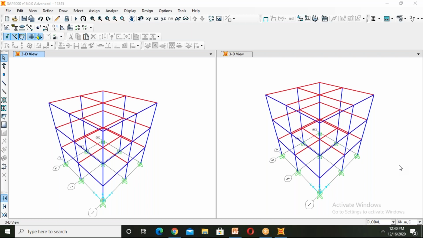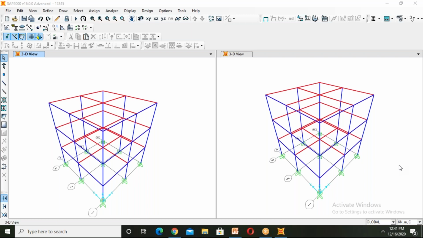Practice for SAP itself means you can just go through all the structural problems in your BTech curriculum. I think those problems are more than enough for better practice.